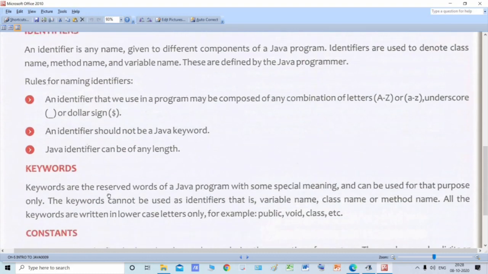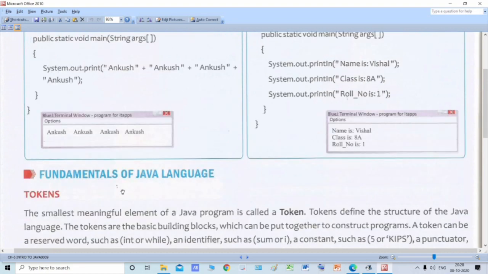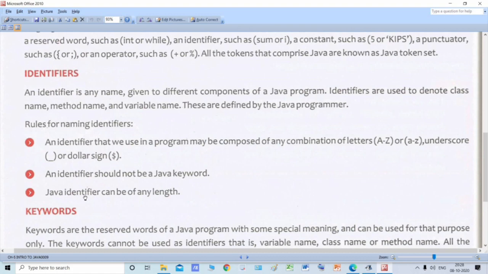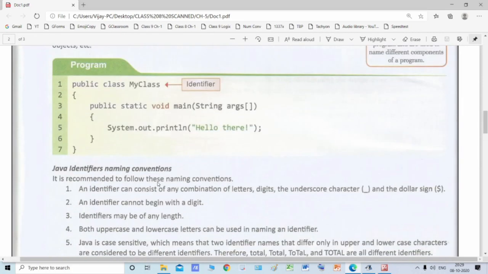In the same manner, there are many keywords that you will be studying: static is a keyword, void is a keyword, main is a keyword, system is a keyword, out is a keyword. So you cannot use these names as your identifier name. Then the third rule: a Java identifier can be of any length.